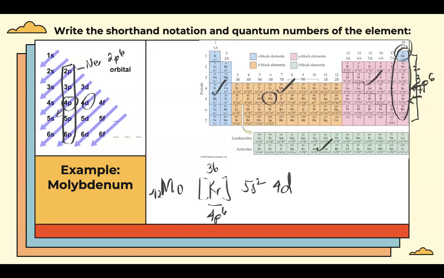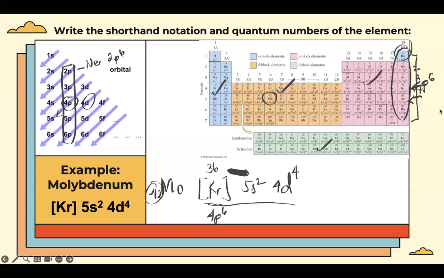But if we put 10 here, it will not be equal to 42 anymore. So you only need, so 36 plus 2 is already 38. So inad lang natin yan. So we should write here only 4. So that will be equal to 42. So this is already your shorthand notation of electron configuration for molybdenum. Let's check if that's correct.